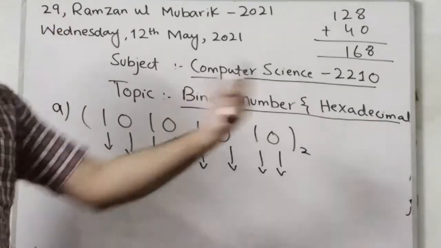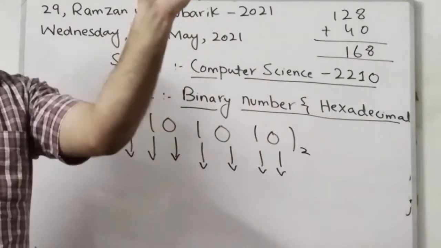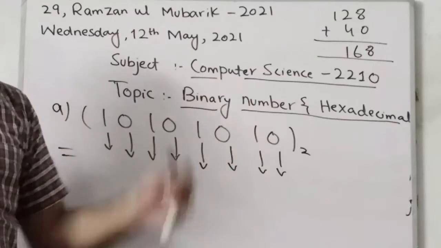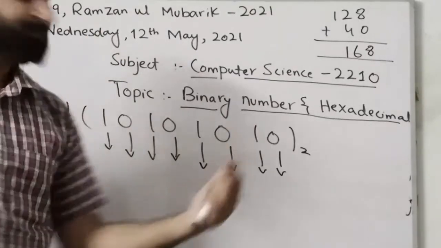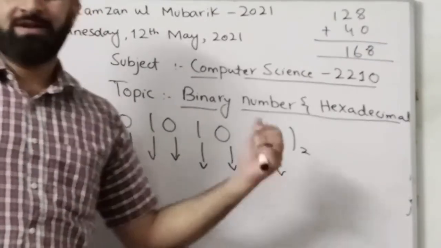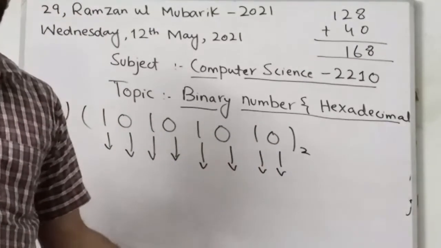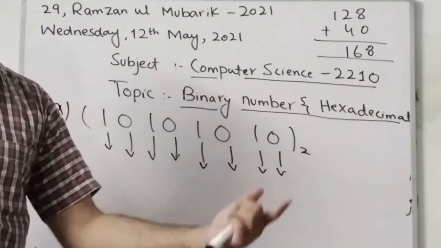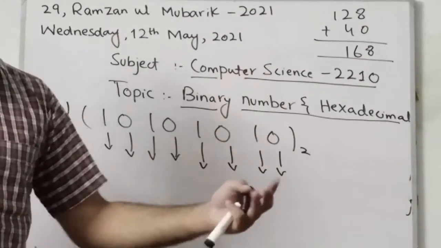Convert this binary number into denary. They only want the denary number. They will give you word space, but they only give you marks for that. In some cases, when I am taking your test, I will even give you marks for each step: 1 mark for the correct answer and 2 or 3 marks for the procedure.